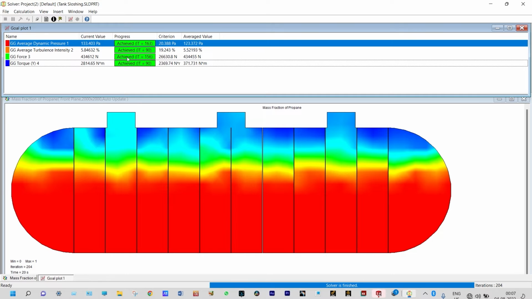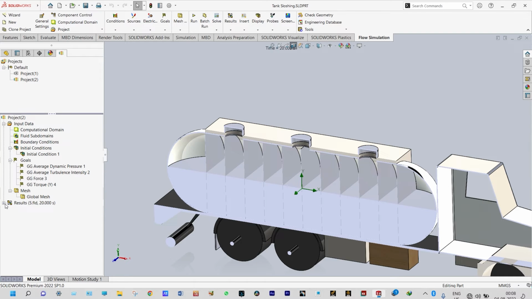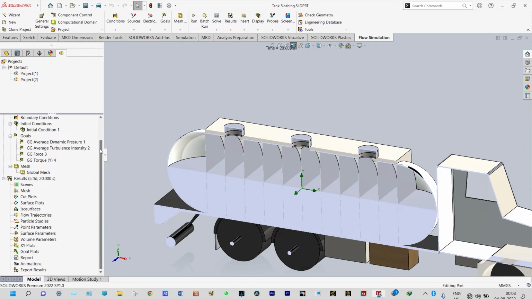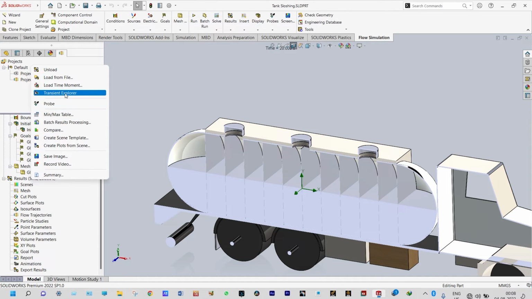This is average torque. In our analysis, average torque is not that much of importance. Our importance should be given to the maximum torque and minimum torque, etc. We have to see the maximum and minimum values, which can be viewed from the goal plots itself, right? Now we can close it and we can see the results. In this case, our main aim is to see that sloshing effect only. And before that, you can go for this Transient Explorer